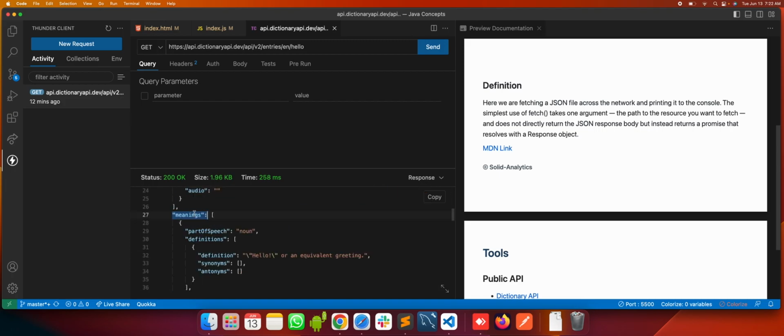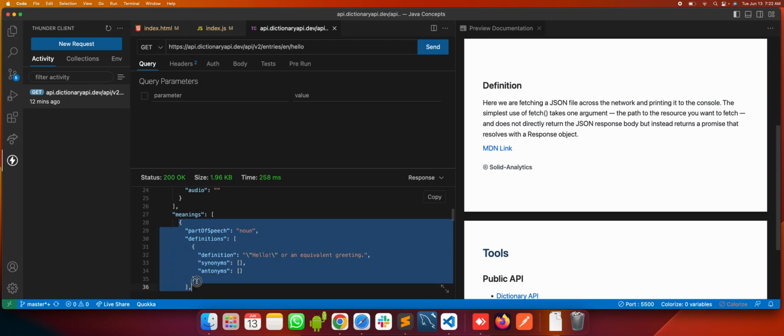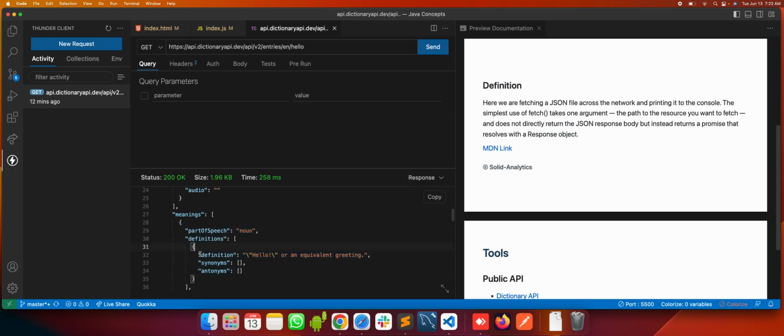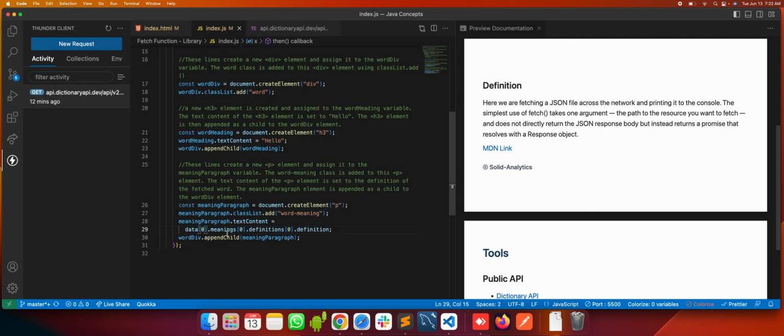Within this meanings, we're going to go into definitions. So that's the first component of it, so 0. So we're in this section, and within definitions, we're going to go inside again, to definition. So simply it's 0, 0, 0 and definition. And we're going to append this meaning to this.